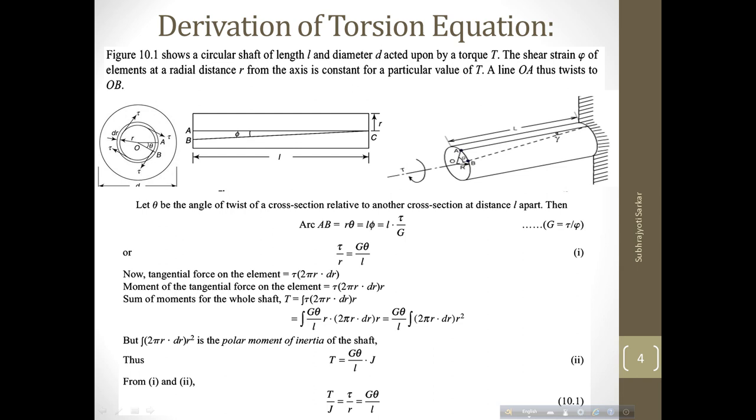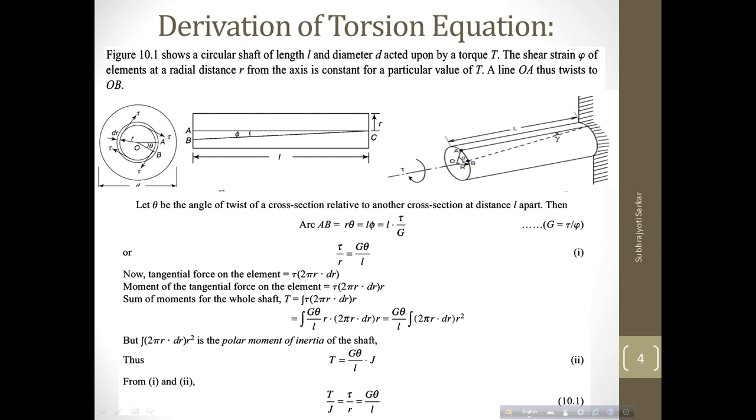If we proceed to the next part, the stress generated at A or B is tau. Due to this twist, there is a change in the radius, an increment in the radius from A to B. That increment is nothing but dr. If you take a very small element here, what is the area of the element? The area of the element is the circumference into the thickness, that is, circumference into the change in the radius, 2 pi r into dr. Then the force will be the area into the stress tau. So tau into 2 pi r dr is the tangential force. So what will be the moment?